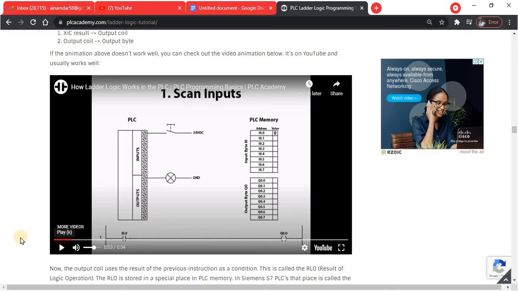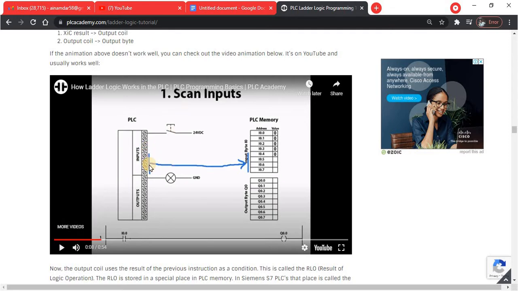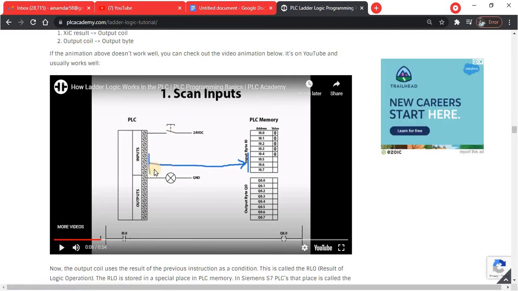Then the states of these inputs are saved in a memory byte. First of all it will scan the inputs, then the state, meaning it is on or off, it will store in the memory byte, and this memory byte is just 8 bits next to each other. Okay, first one is 8 bit, second one is 16 bit, like that. So for now you don't have to think too much, but placing these bits next to each other is very smart. Okay, I'll come back to that later.